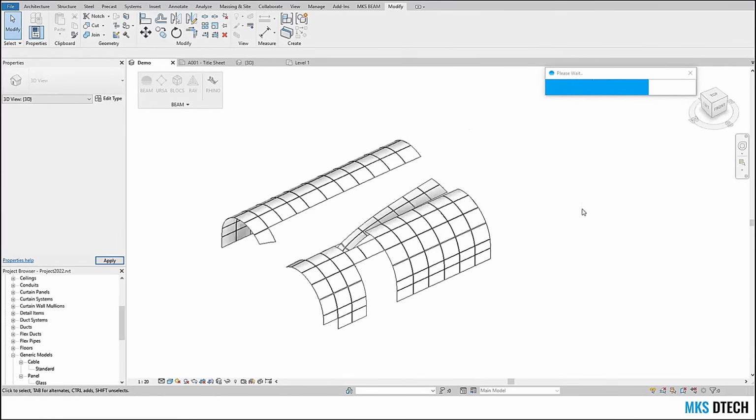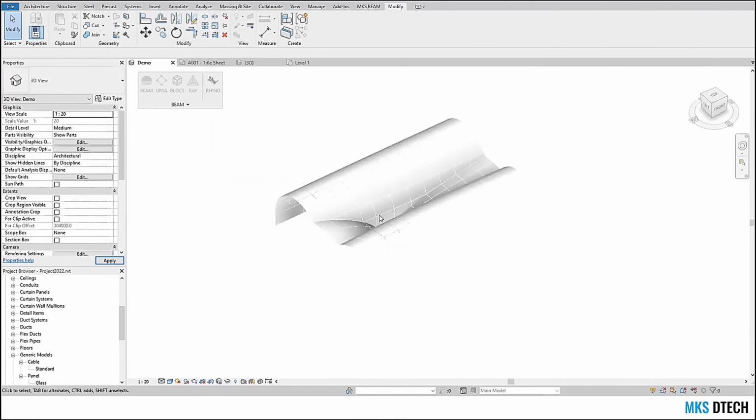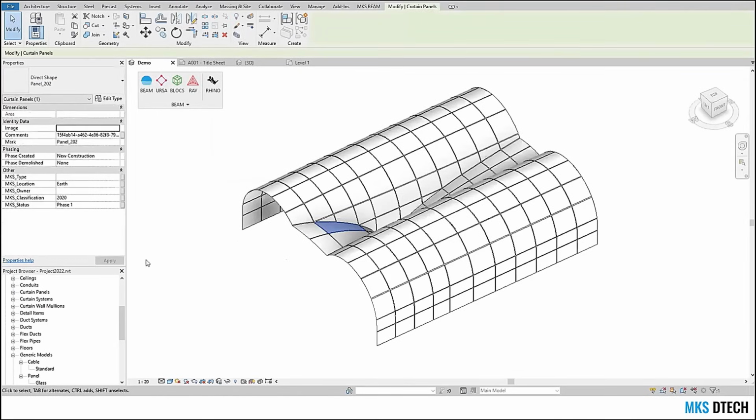I could have used a nicer material, but you can do better than this for sure. Okay, so 206 elements imported. When I select them, I can see that they are curtain panels, curtain panel category,